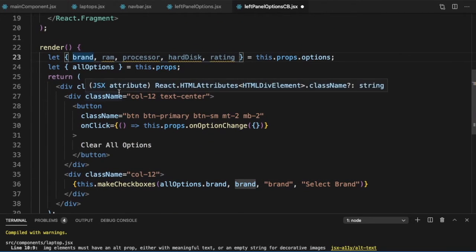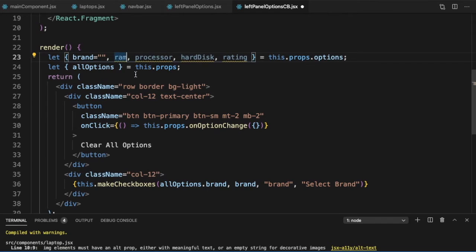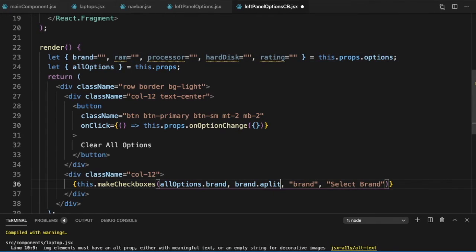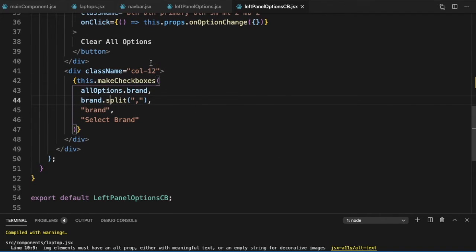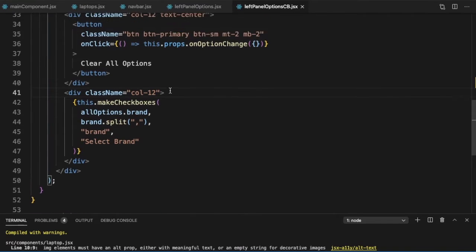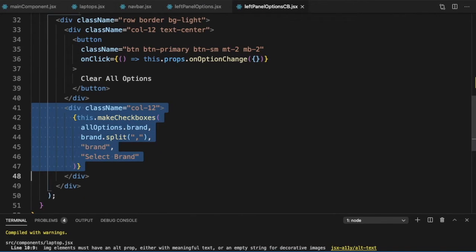So let's do one thing. Let's initialize all of them. And here we can say all options dot brand, and we will just say brand dot split with comma. So this will give us an array of all the values. Once we have gotten all the values, this should make a checkbox. Similarly, let's do it for the others.